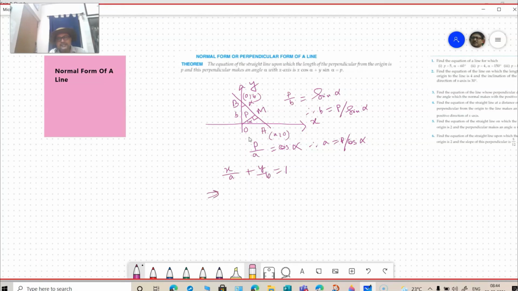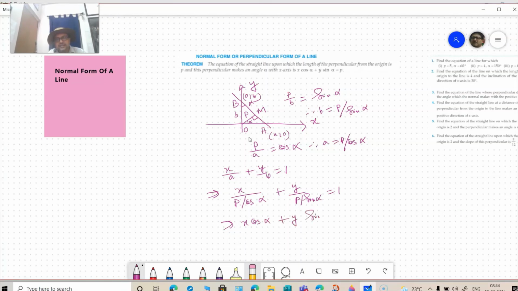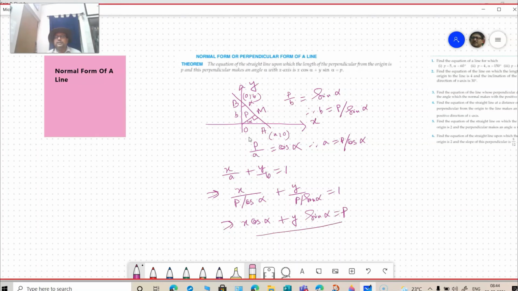This implies x by P by cos alpha, y by P by sin alpha equal to 1. This implies x cos alpha plus y sin alpha equal to P. This is the equation of the line whose perpendicular distance from the origin is equal to P and the perpendicular makes an